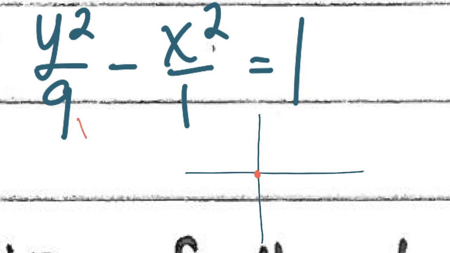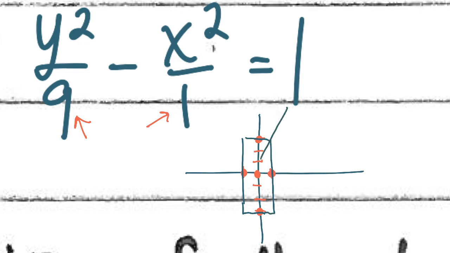Because under the y it has a 9, on the y I'm going to go up 3 and put a dot, down 3 and put a dot. Because under the x there's a 1, I'm going to put a dot at 1. Remember, when you're taking a test or a quiz, the graph paper will be given to you. From here, I'm going to draw my rectangular shape